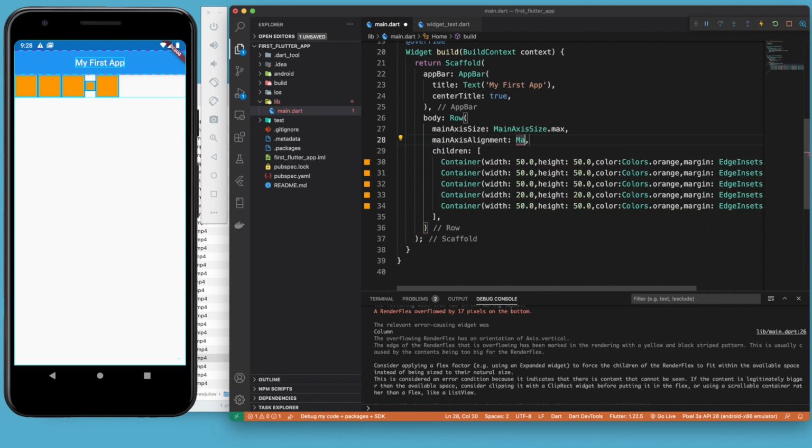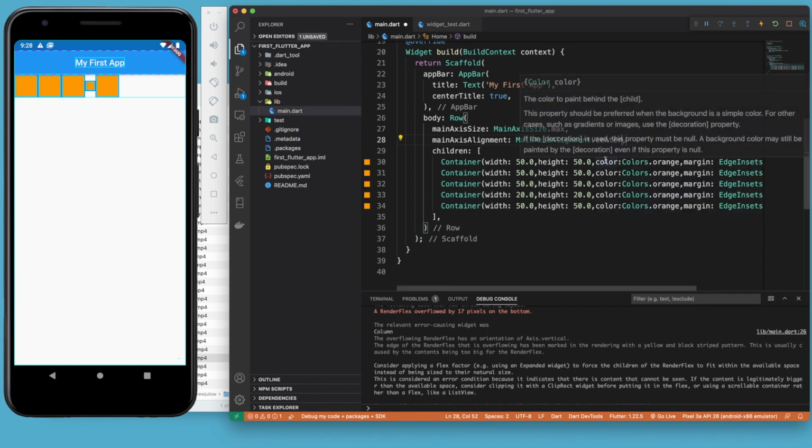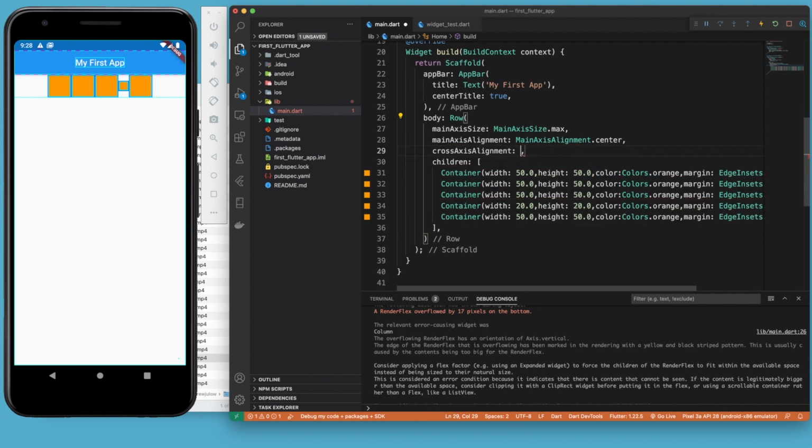We have the same main axis alignment option, except that the main axis alignment on our column was up and down. The main axis alignment on our row is going to be left to right. So if I center this, these are going to center in a horizontal manner. And the cross-axis alignment is now just the opposite. So if I center here,